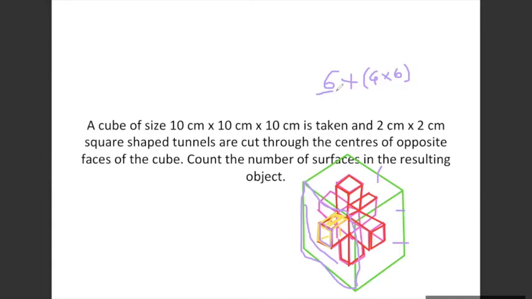This is the surface of the cube. This is the total surface of the cube, which is 6. These are the 4 surfaces which are cut on the inside of the cube. They won't be seen outside, but those 4 surfaces are seen on the inside of the cube and get attached on the 6 surfaces. That's why 4 into 6, which is 24. So there will be 24 surfaces on the inside of the cube, and outside of the cube you see 6 surfaces. So 24 plus 6 is 30 that way.